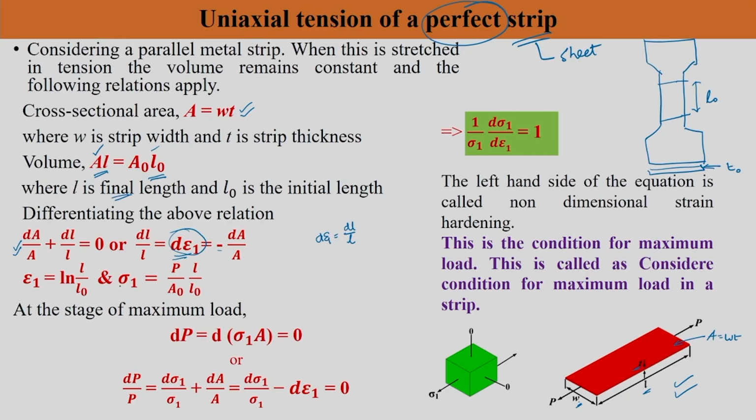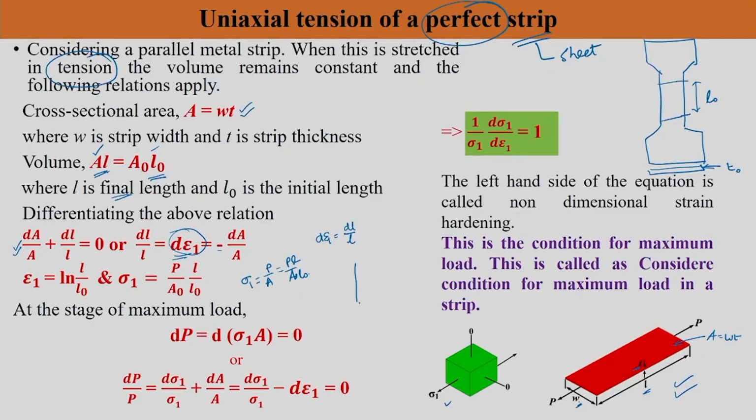And since it is a tension test, the state of stress is given here. So you are going to have only sigma 1; sigma 2 and 3 are not there until instability starts. So sigma 1 is nothing but P by A, and A is nothing but A naught L naught by L. So A naught L naught will be in the denominator, so it will be PL by A naught L naught. Okay, so with this basic description, we are going to put a condition